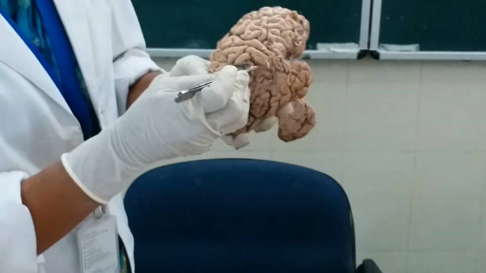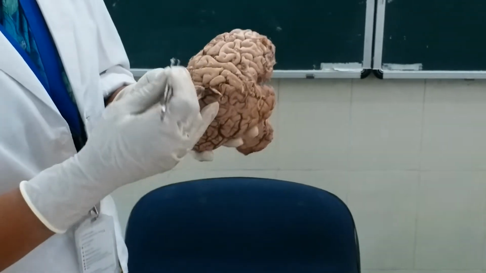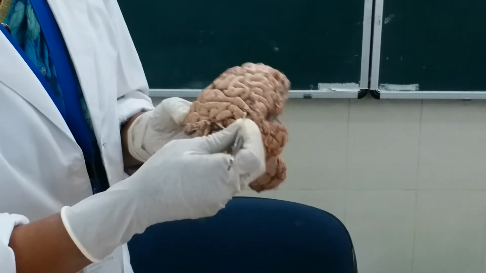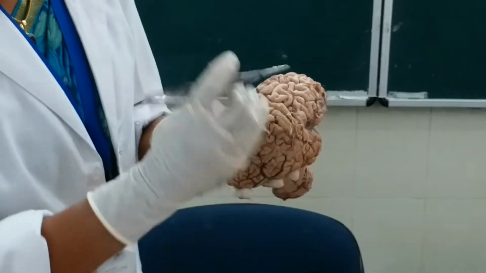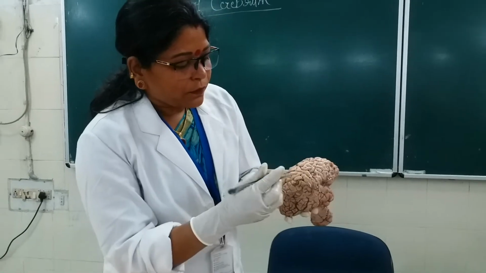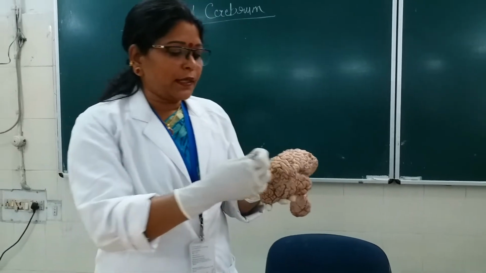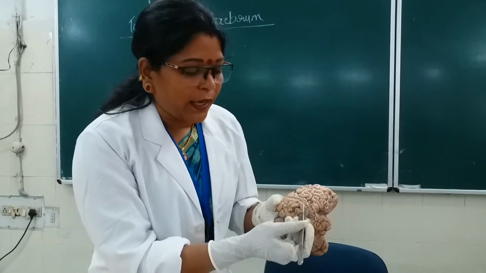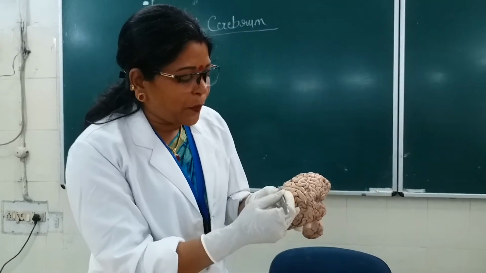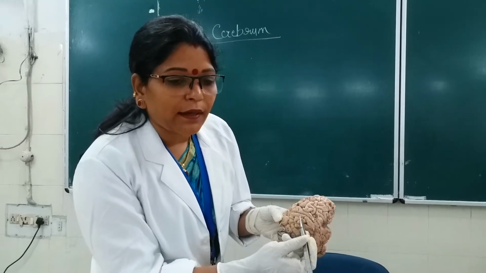Precentral gyrus. Just behind the central sulcus, what is this gyrus? Again, what will it be known as? Post-central gyrus. Okay. So this is the central sulcus which is dividing the pre-central gyrus and the post-central gyrus here on the superolateral surface of the cerebral hemisphere. Now, what area is lying over here? In the pre-central gyrus, it is the primary motor area. Okay. And in the post-central gyrus, it is the primary somatosensory area, isn't it?